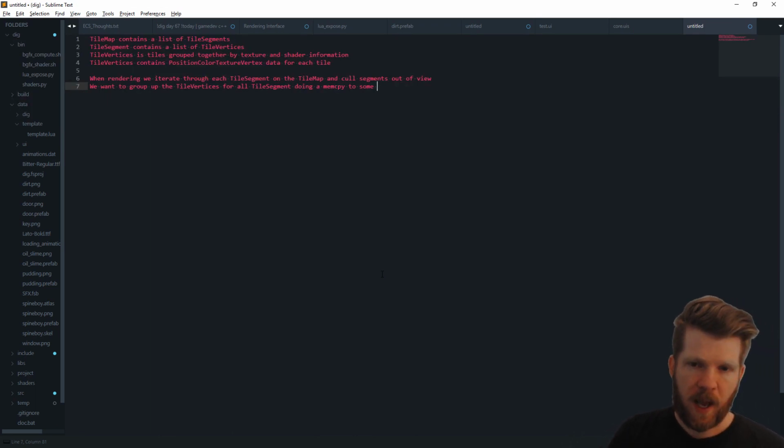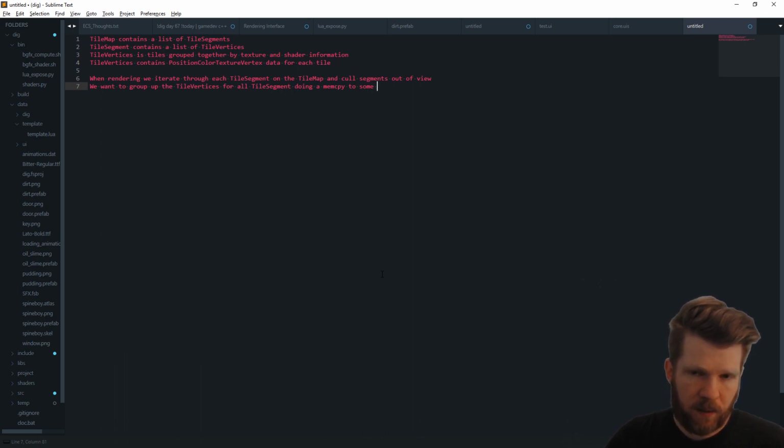So we're like, hey, here's all the dirt and stone from this segment. Put it onto this huge block of memory. And now let's go to this other segment and add in all of the stone and dirt vertices. And then get the other one and add in all the stone and dirt vertices, and do that for all of the segments that are visible. So then we just have one huge vertex buffer of all of the stone and dirt